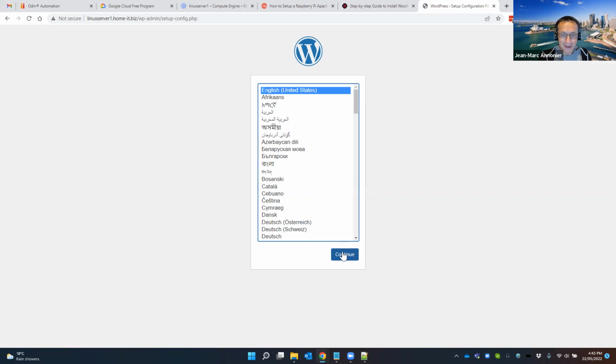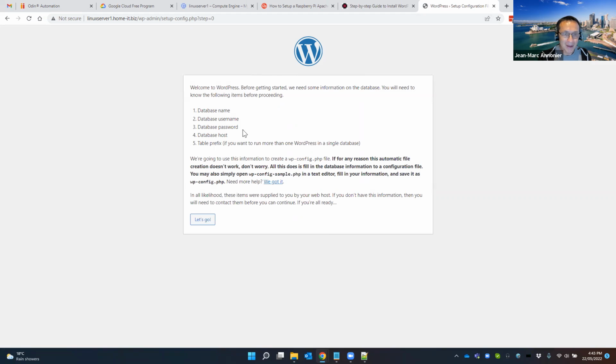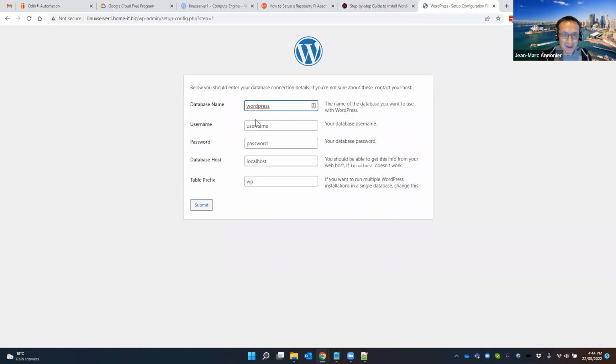Great. So yes, in English, and we need to configure the connection to the database. So the database name by default is WordPress. That's the one we've given. So if you had changed the name, obviously you need to change the name. In here, WordPress, the username was WordPress as well. So it's not very secure.